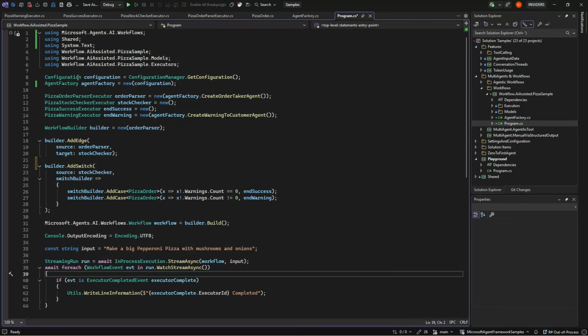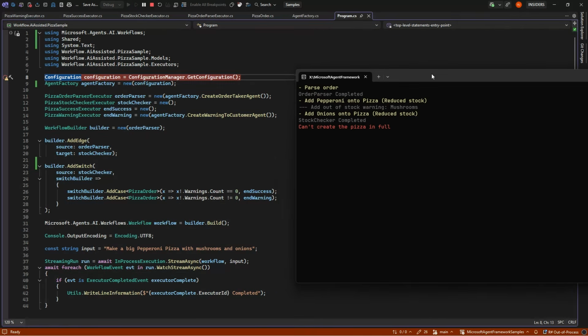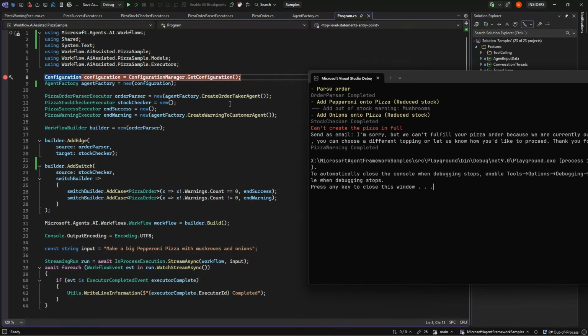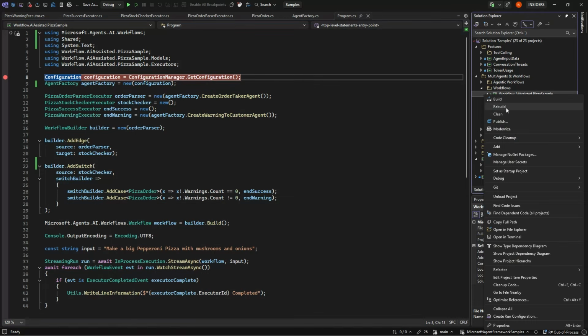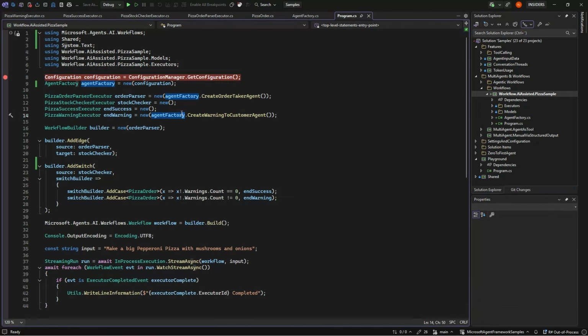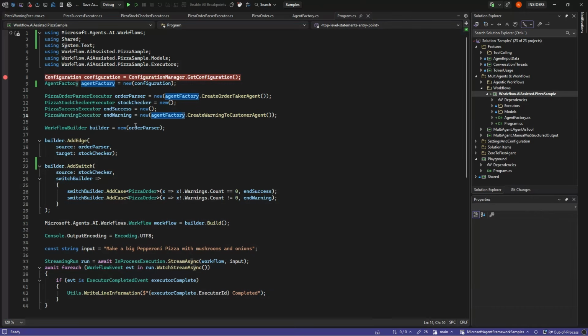So now I think we should just set a breakpoint and walk through it while we see the output. So I am running the wrong one. Let me quickly do this. And let's see it in action then.